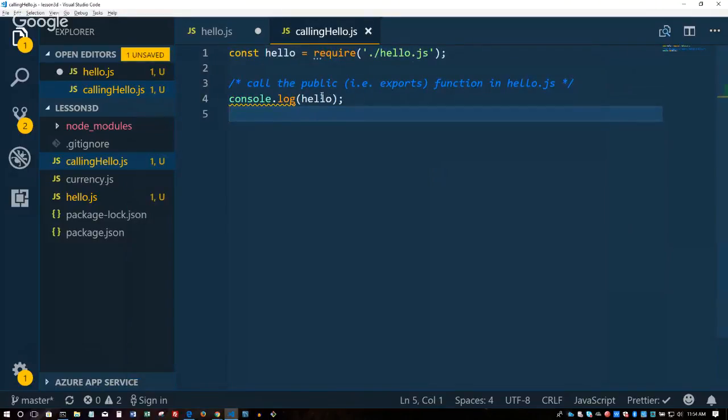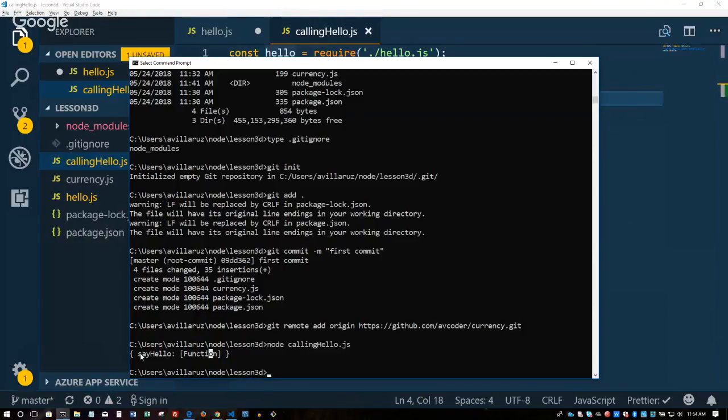Okay, how do I call it? What do you think? Yeah, I'll give you another hint. Again, this is an object. My question to you is, how do you normally call something in that object? So let's say you assign this whole object to a variable called a. How would you call this function to run it? Yeah, a.sayHello.